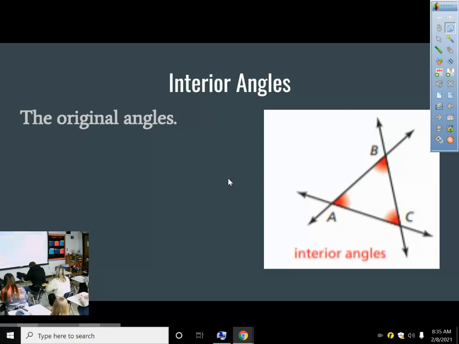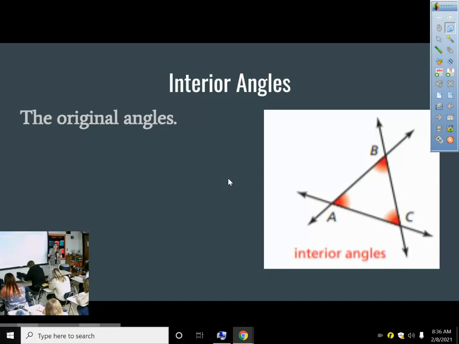Alright, so over on definitions of interior angles, the interior angles are the original angles of a triangle. Okay, so over there where it says interior angles, you need to type that in, or you need to write that it's the original angles of a triangle. So if you have a triangle, the inside 3 angles are the interior angles. Okay. And then over there on that top picture on the right, if you would color in the 3 interior angles of that triangle,